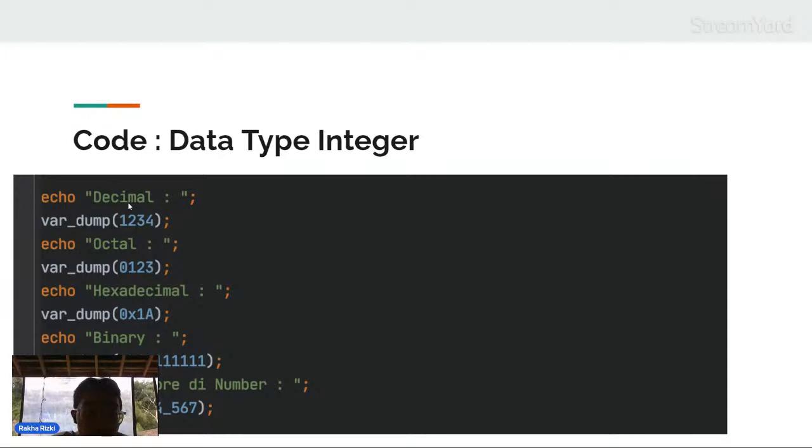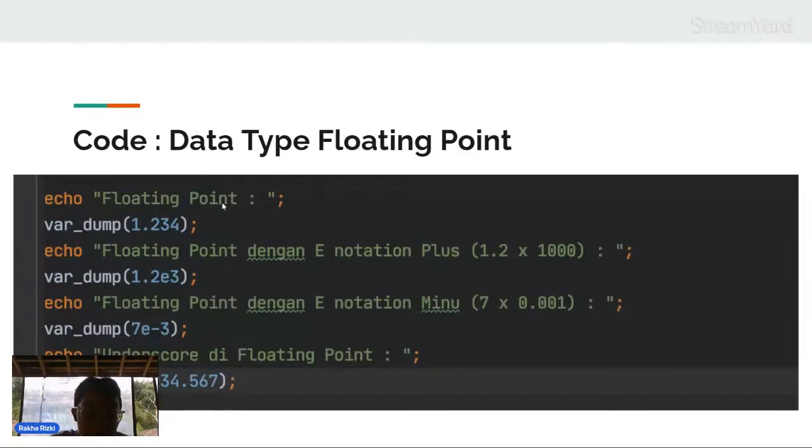This is an example of code of the integer data type. We echo decimal, like 12345, and then octal, but it isn't very often used if you make a website in PHP. Then the floating point data type is like one until two.